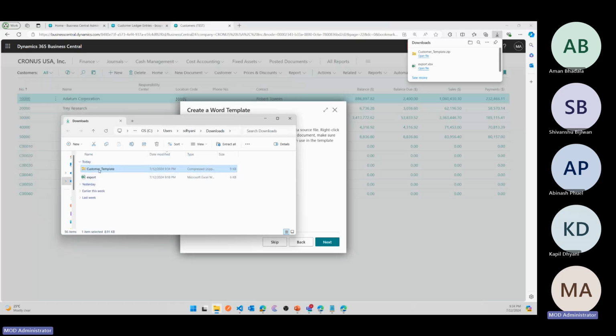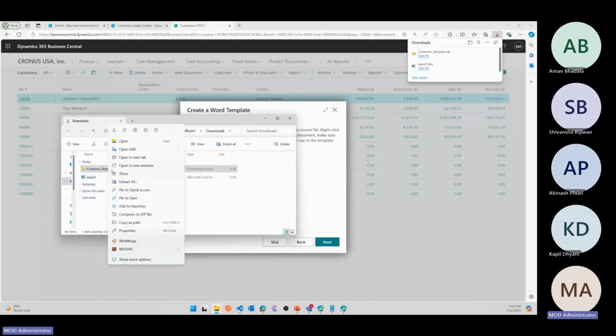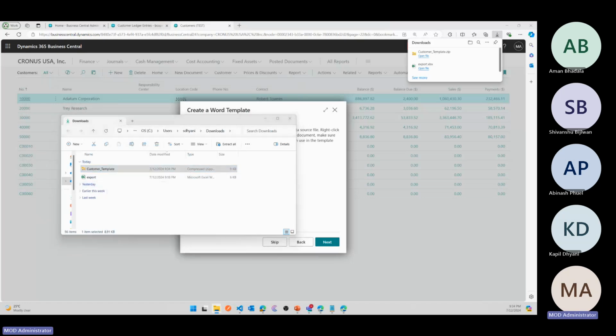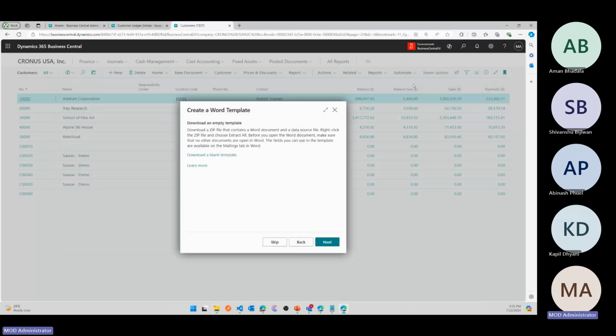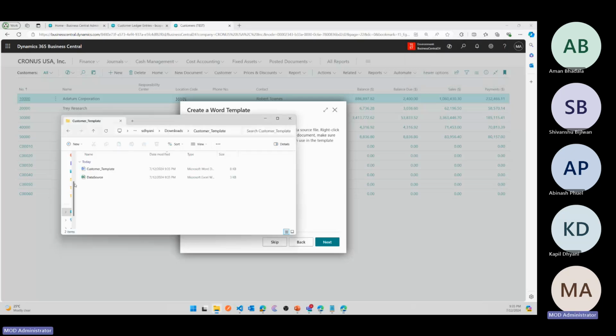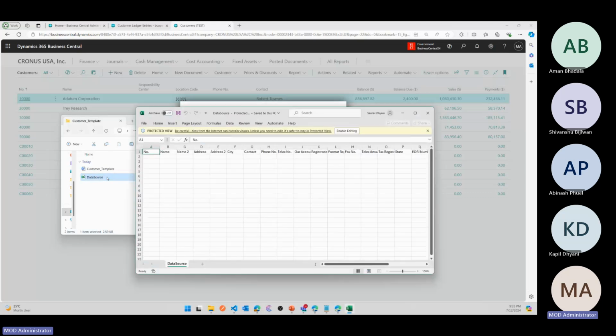So what happens when you do that? You get a customer template zip file, you extract it, and the content of this extract will be an Excel file and a Word file. So you get this, a Word file and an Excel file. Let's look at both of them. The Excel file is the data source, which contains all the fields that you have selected